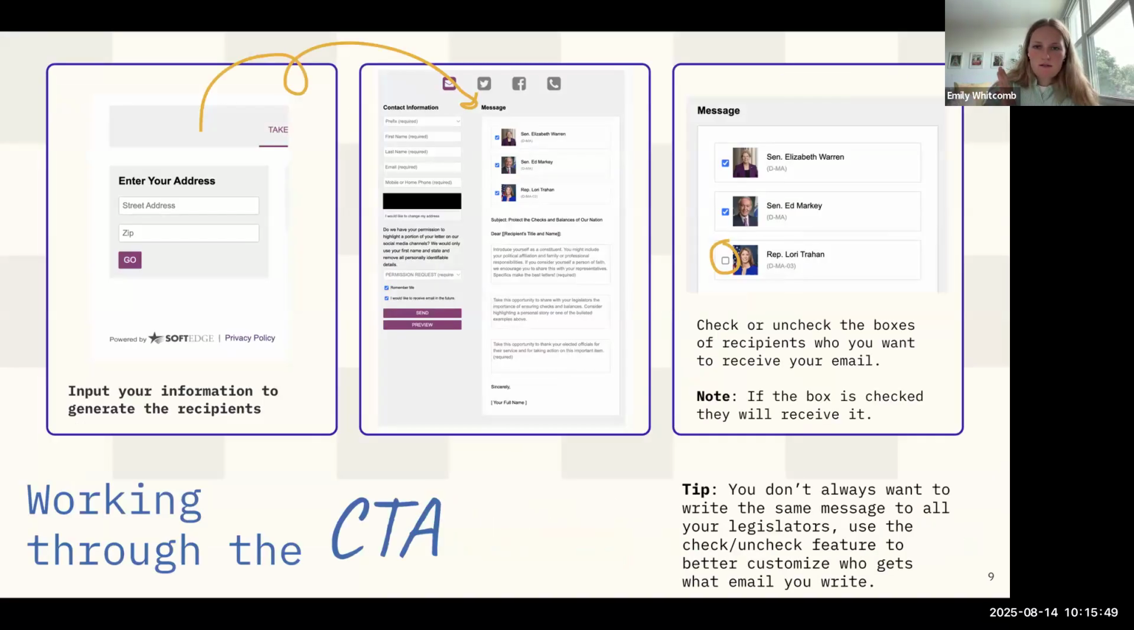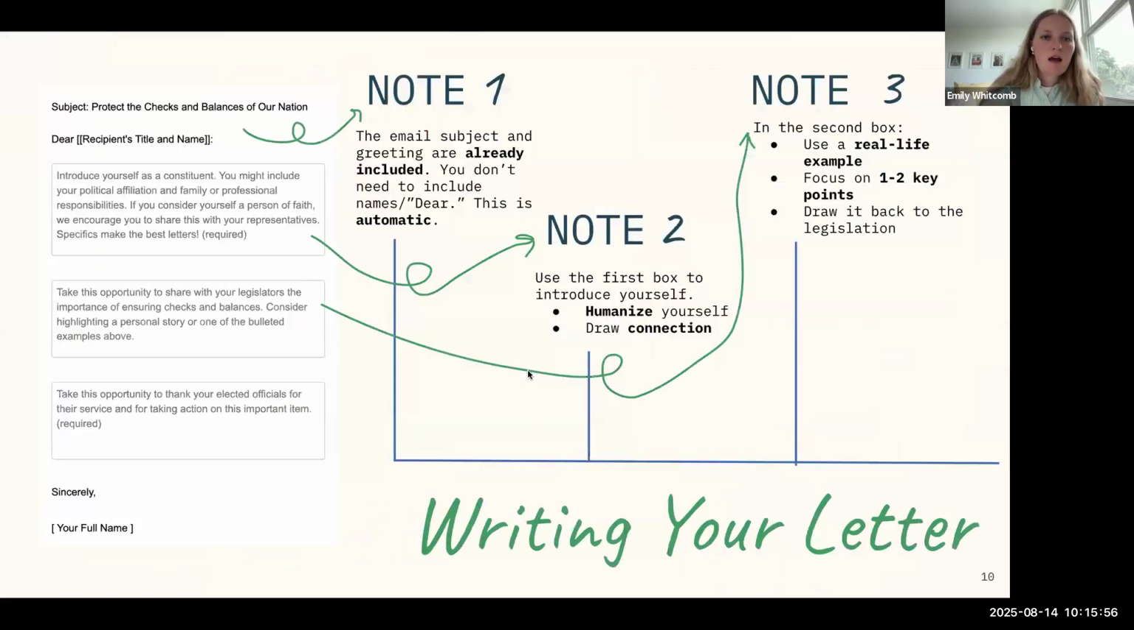Below the recipients, you'll notice here in this middle box is the actual letter template of where you'll type your message in. And so I'll walk through each of these boxes. So this is an email that's being sent to a staffer in their office who will pass it along to the legislator. The email subject is already written out. You'll see that up at the top, so you don't have to compose an email subject, with the exception of